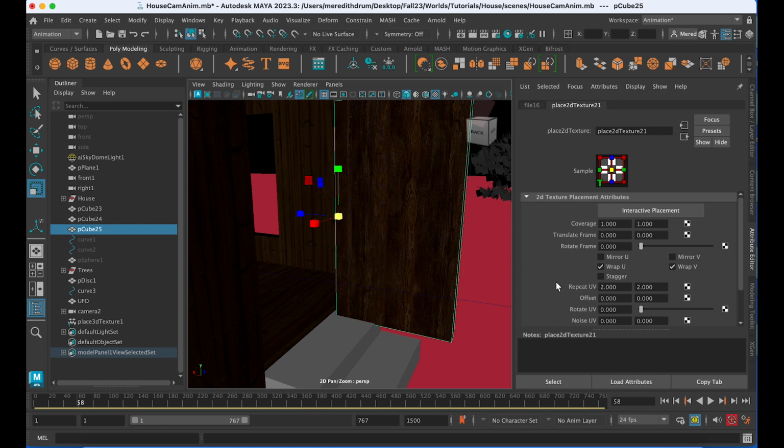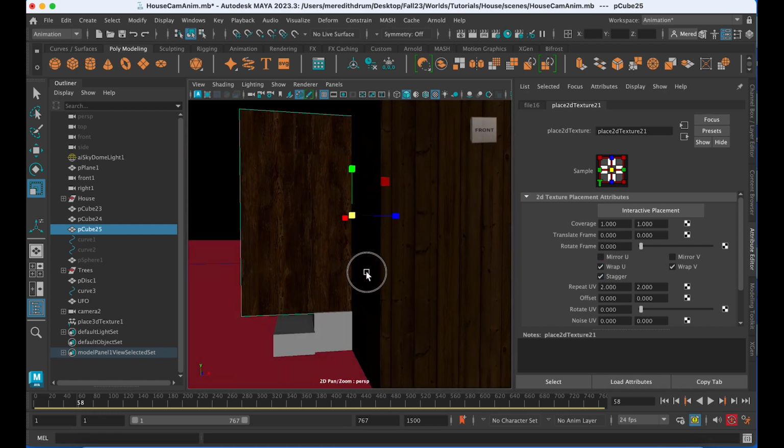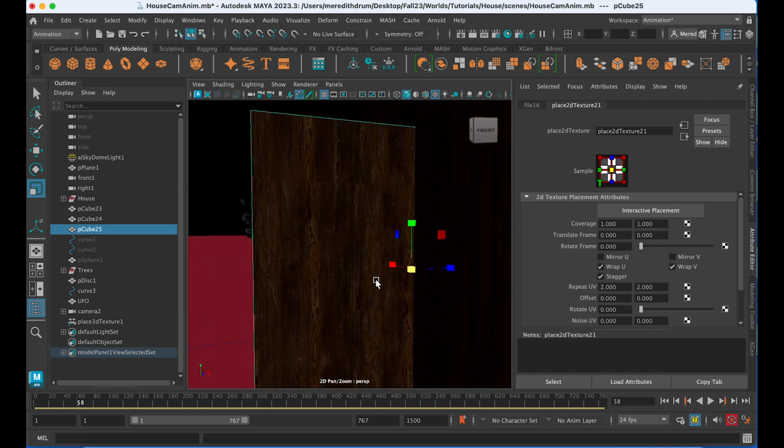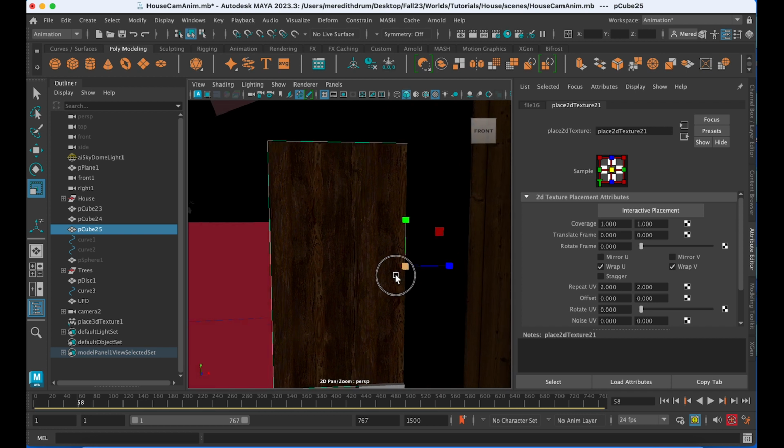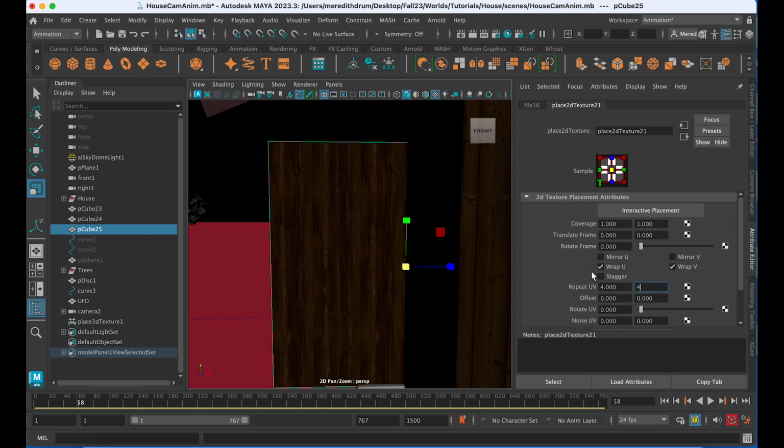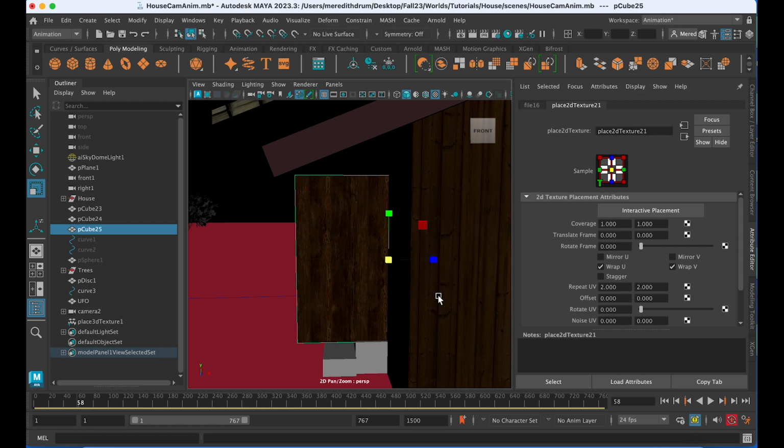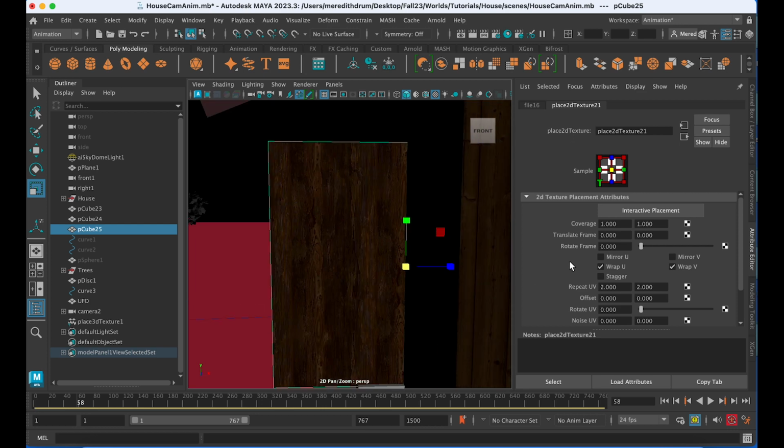And I'd say that looks okay. I might stagger it so it has a little bit, you can see the seam there, and let's see if we turn that off. Maybe it's better with it off. Let's see if we did it 4 times. I'm thinking maybe 2. You can also play around with how it's applied.